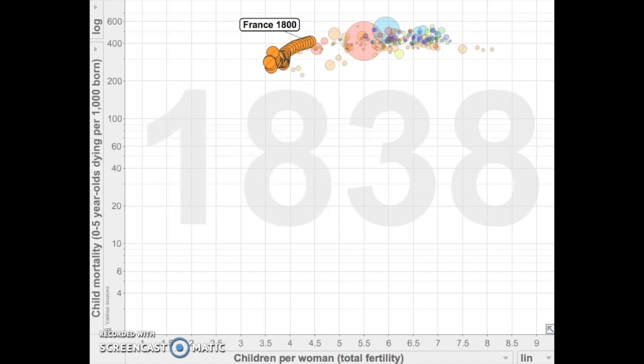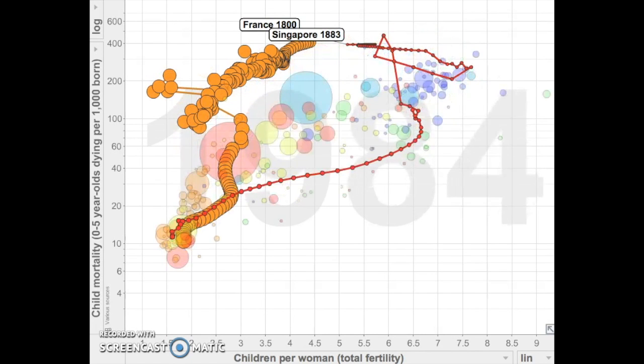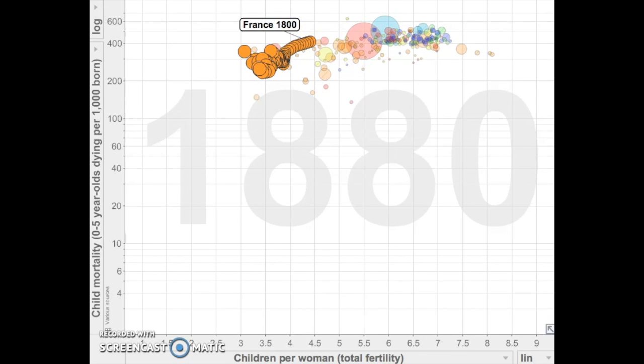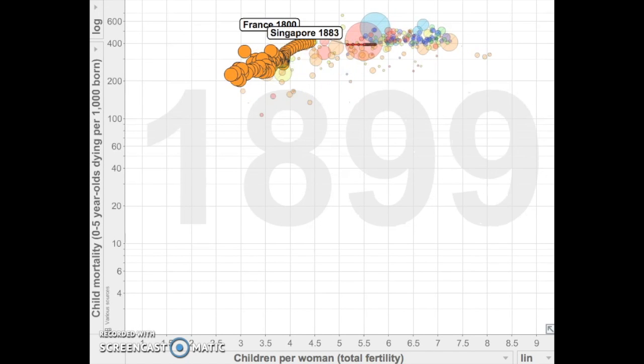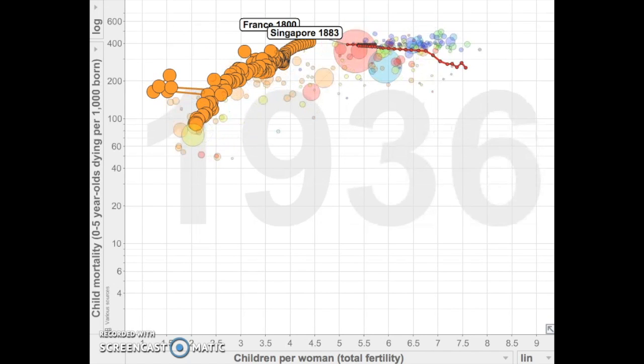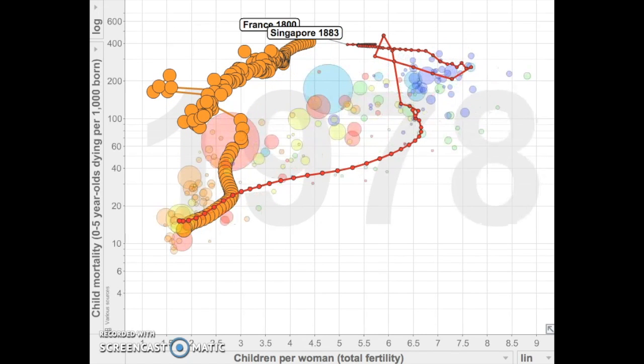Two countries that behave interestingly throughout this relationship are Singapore and France. France starts out on the outskirts of the big bubble of countries with a lower fertility and birth rate. However, Singapore starts right in the middle of the country cloud. Most countries have a high fertility and death rate in those times because there was not a lot of education about birth control in the countries, and there was not access to proper health care.